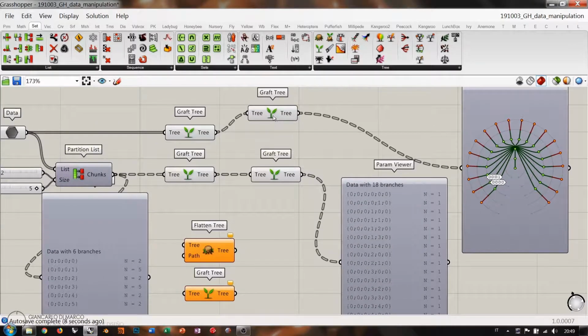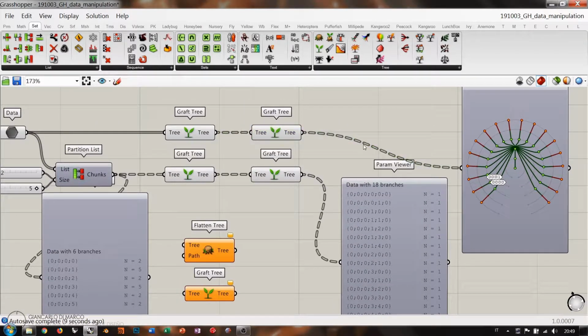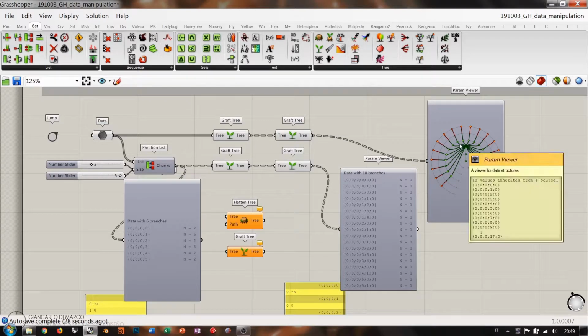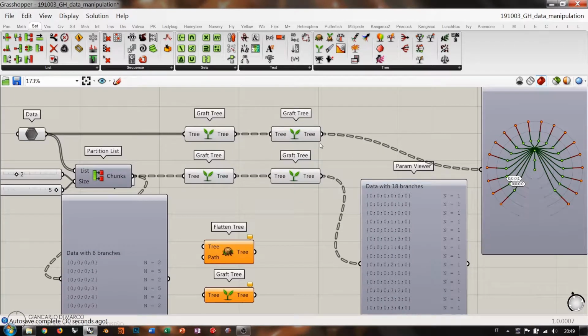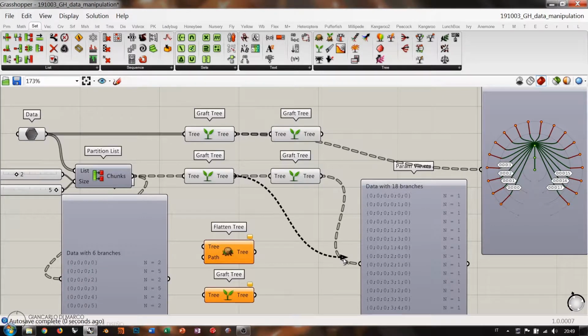Okay, so basically when you get to 1 item per branch, there is no use in branching and keep on branching or adding levels or depth to our tree. Okay, it only adds complexity that is useless, and it's a kind of complexity that Grasshopper can easily remove, and we will talk about this later on. So just don't use graft if there is no need to do it. Okay,